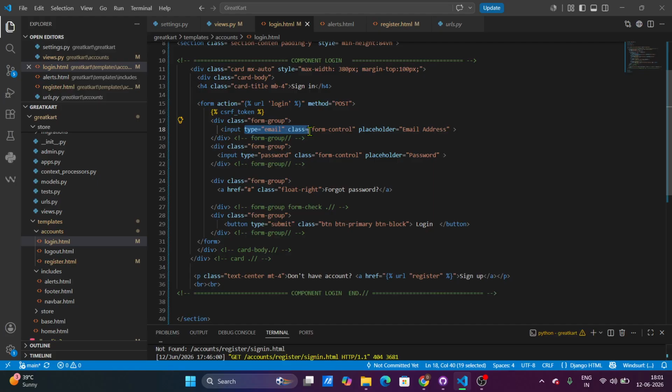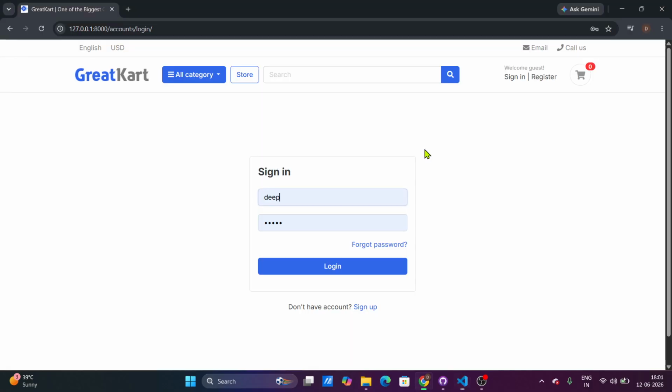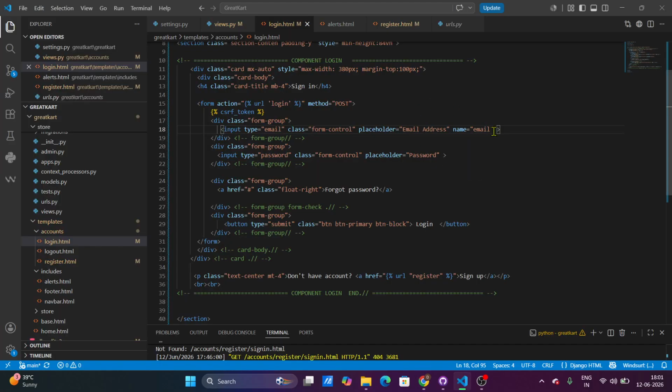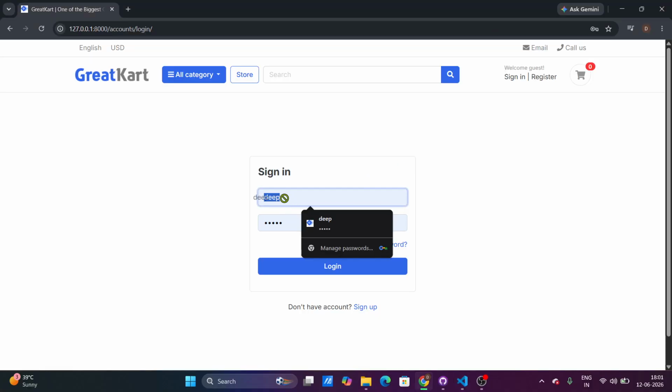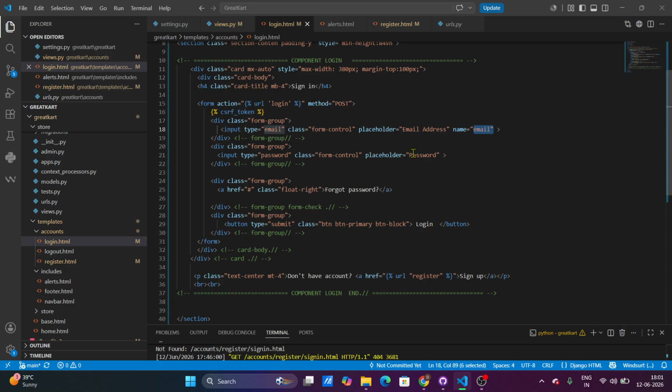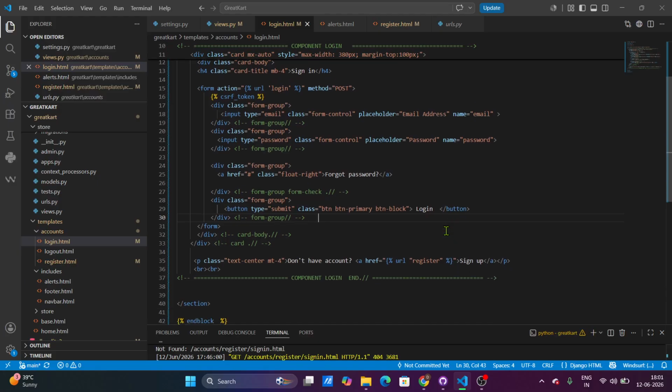Here input type is email and class is form control, placeholder is email address, and also let's give here a name so that it can store that entered values. Okay, like here if we enter anything, it will be stored as an email, like email is whatever you enter. Okay, and here the name will be password. So here everything is okay, I guess. Sign up is okay, and